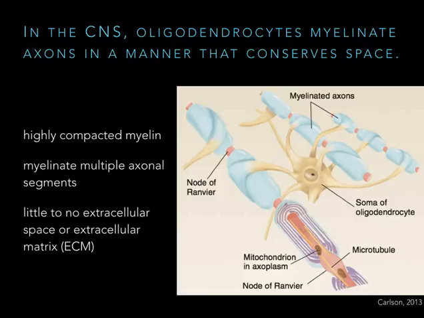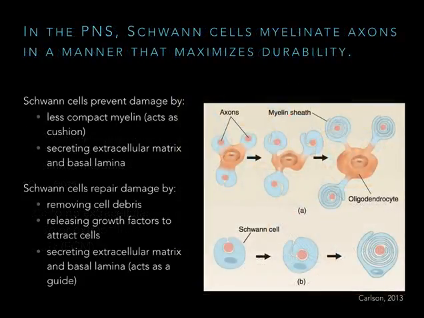What we need to do is figure out how to pack as many neurons and other cells as possible into a head that doesn't occupy the size of the room. So we want to have small heads so we're mobile, but we still want to pack neurons in there. That's going to require a very compacted myelin with not a lot of cushioning. The peripheral nervous system, on the other hand, has space. We can have our nerves swell up a little bit, and in fact it's a good thing that we have